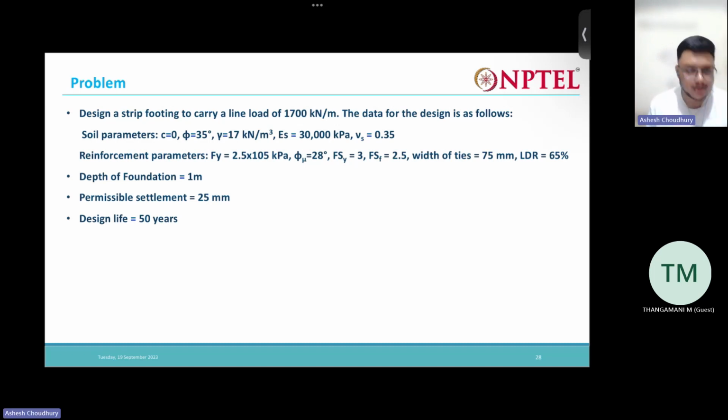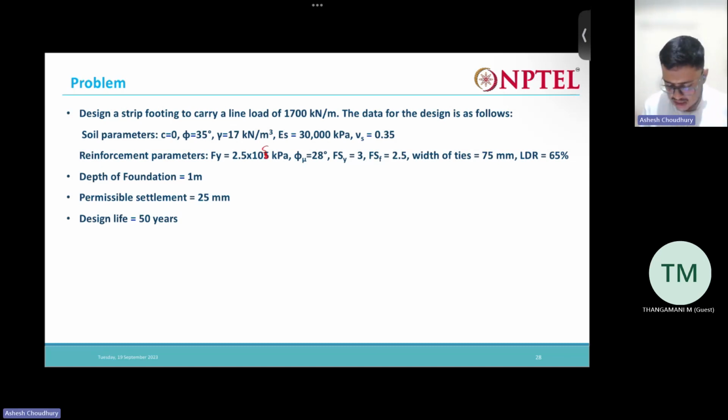So the question is: design a strip footing to carry a line load of 1700 kN per meter. The data for the design is as follows. Soil parameters are C equal to 0, phi equal to 35, gamma equal to 17. Es is nothing but the Young's modulus of the soil, and mu is the Poisson's ratio of the soil. Then we have the reinforcement parameters, Fy,